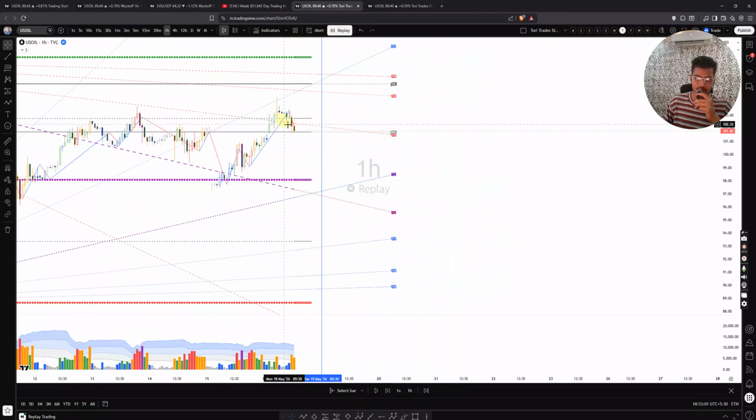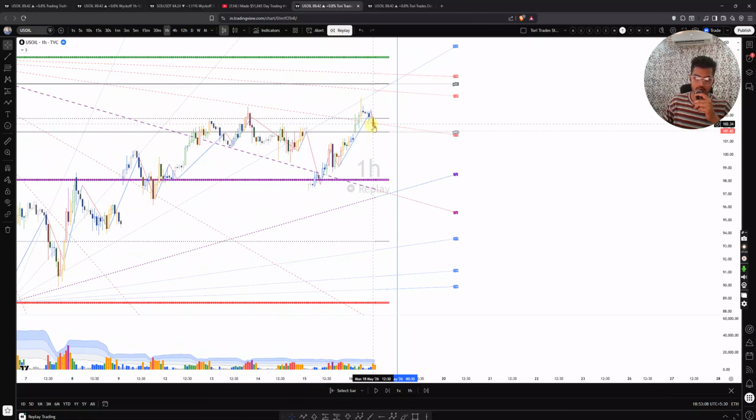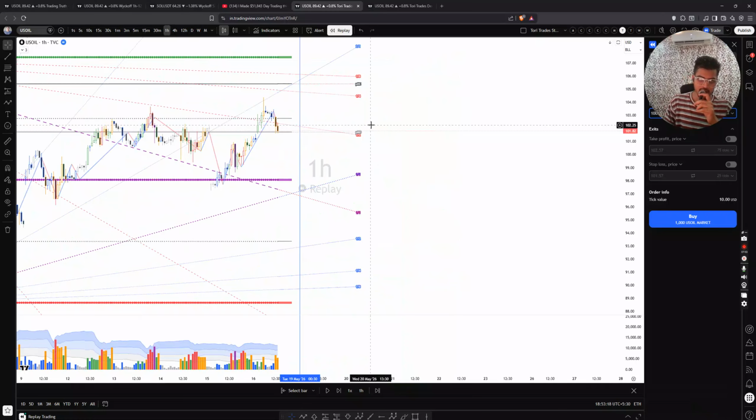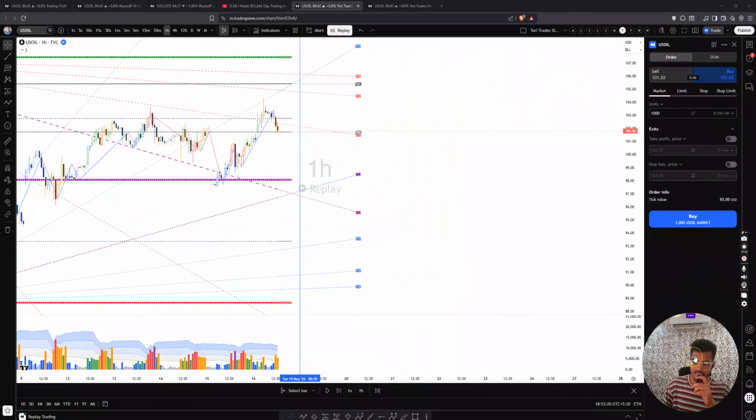You see, here it closed on below, right? Okay, I mean, one could definitely take the trade. Suppose I take the trade here, okay, let's actually take it. Let me take a short trade there,